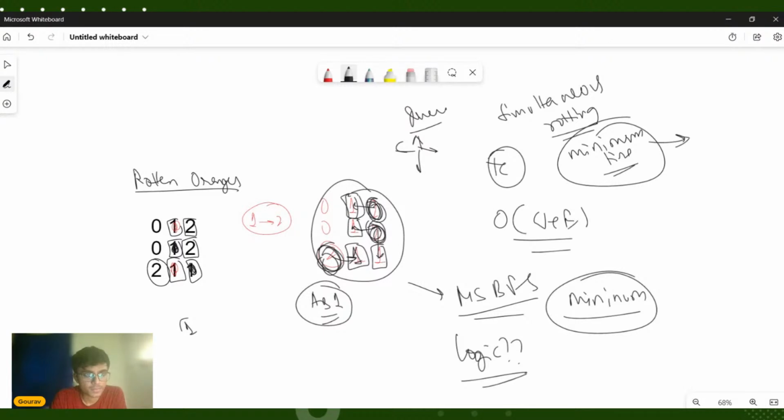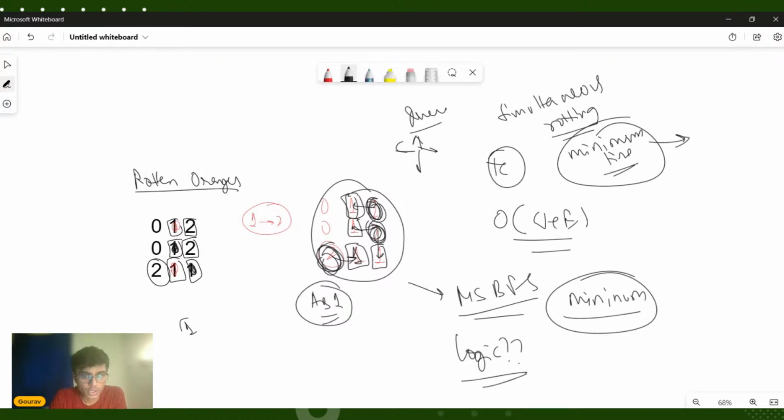I was saying that we want to find the minimum amount of time, and we can only achieve it if we are rotting all the oranges simultaneously. So to start with the queue, we will insert the coordinates of all the oranges which are initially rotten, and then proceed with the BFS algorithm, and every rotten orange in the queue will start rotting its nearby oranges, thereby achieving the minimum time. Let us have a look at the code here.